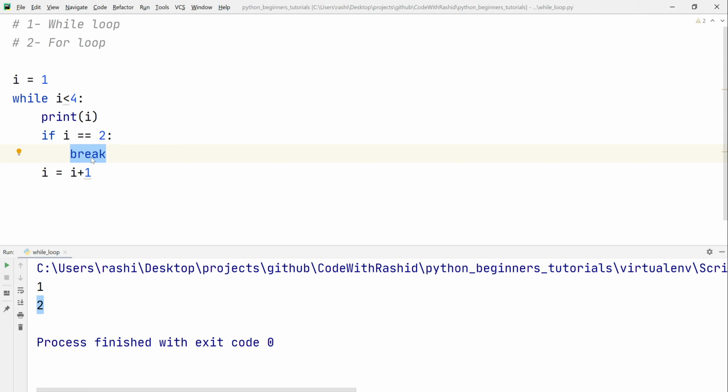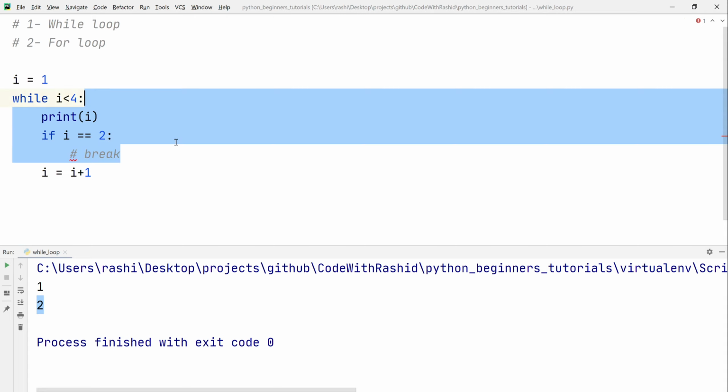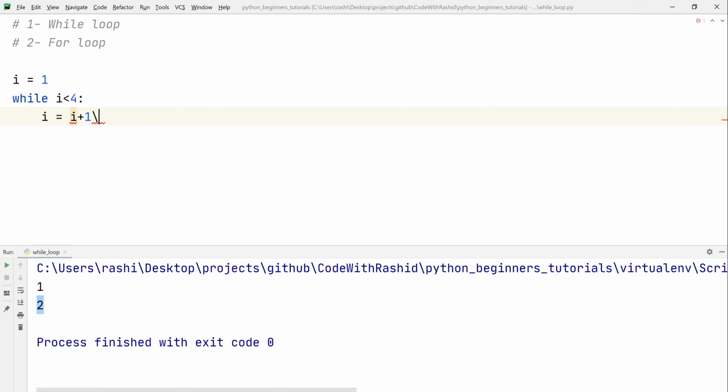After the break statement execution, the remaining statements are not executed and the control directly comes out of the while loop. So guys, this was the break statement. Now we shall look into the continue statement. So let's comment this break part and take this code here,